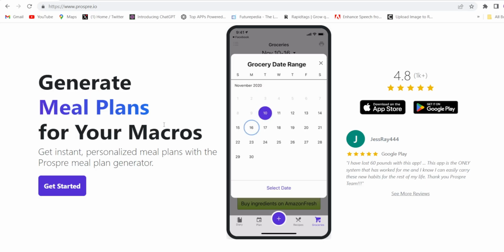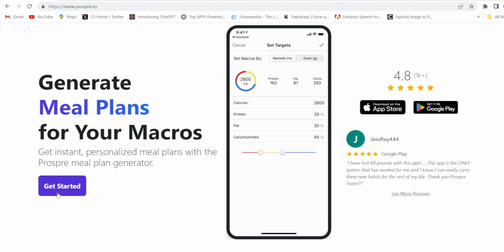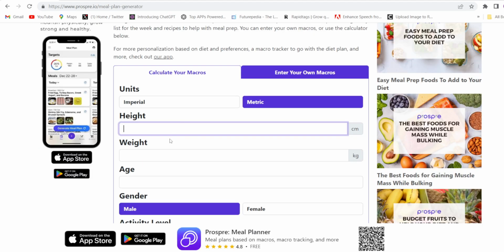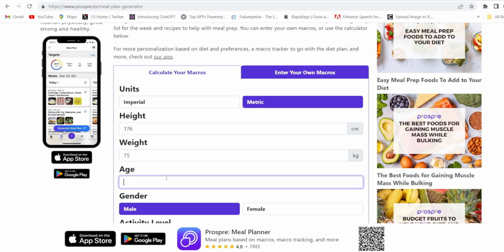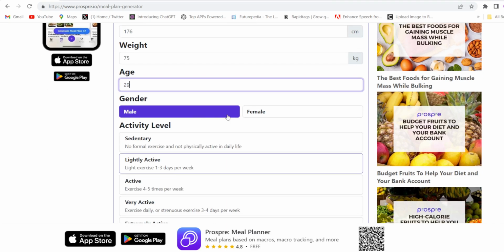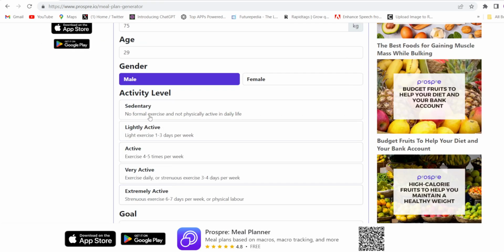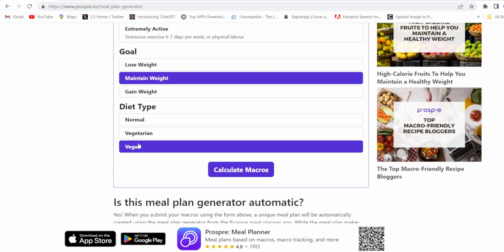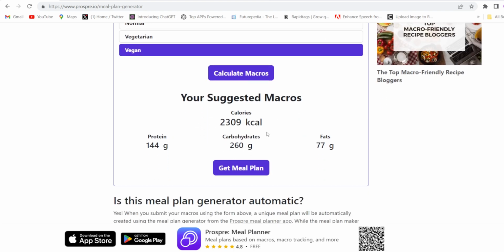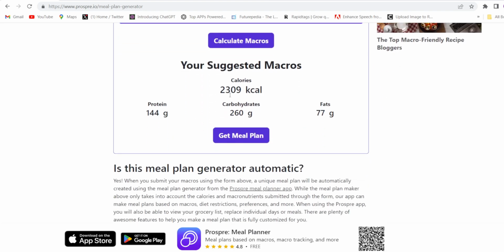So come to this website prospre.io. Get us started. Here you will have to type your height. So I have given my height, weight, age, gender, and activity level. You will have to select what is your goal: maintain weight, lose weight, gain weight. So select your diet type, calculate macros, and see 2309 calories,